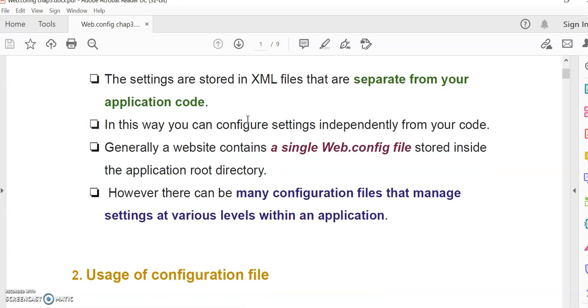A single web.config file will have all the configuration settings for your whole application. If your application contains different folders, then for each and every folder we can add a different web.config file. So there is no condition that there will be only one web.config file. There can be multiple web.config files.